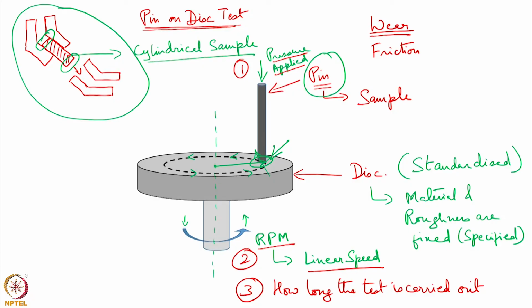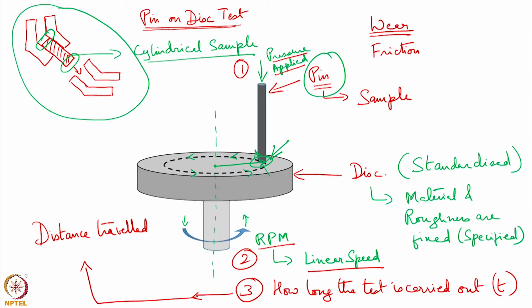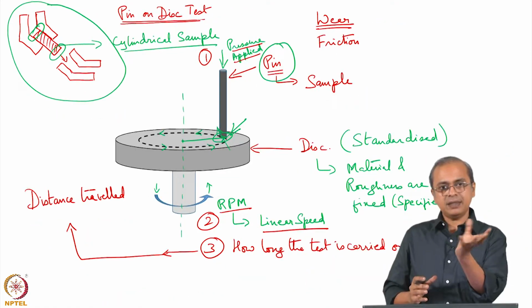Now, how long the test is carried out is something that we will get as a time element, right. So, you will get that as t, time. You can use it as time, but usually it is much more useful to actually convert how long the test is carried out to another parameter, which is distance. So, you can convert that to another parameter, which is the distance travelled,